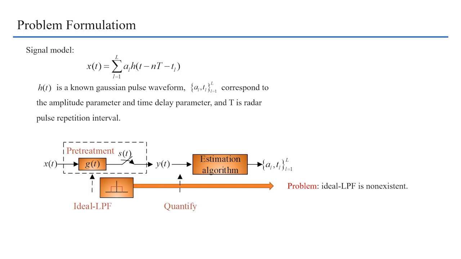However, in the hardware implementation process, an ideal LPF is non-existent. It will bring non-ideal effects and affect the reconstruction accuracy, because the filter cannot achieve the same effect as simulation. In order to eliminate non-ideal effects caused by non-ideal LPF, we proposed a new FRI sampling for ultra-wideband Gaussian process, which is based on non-ideal LPF.